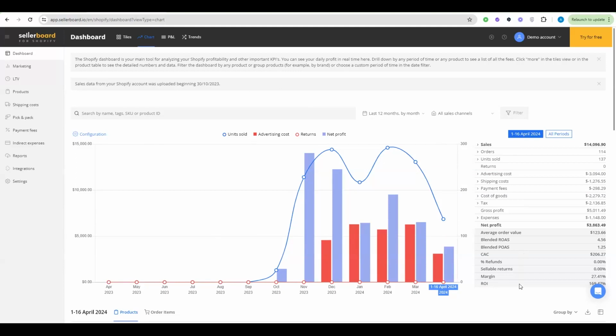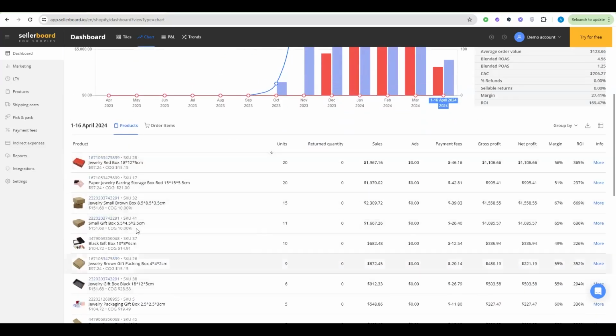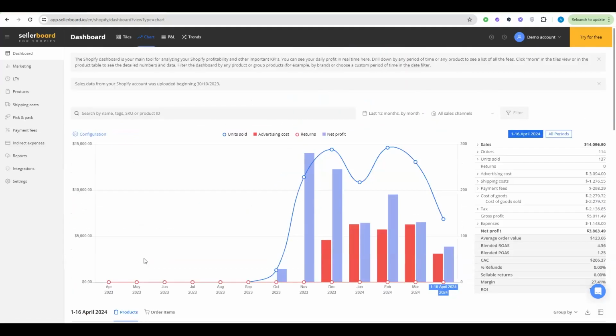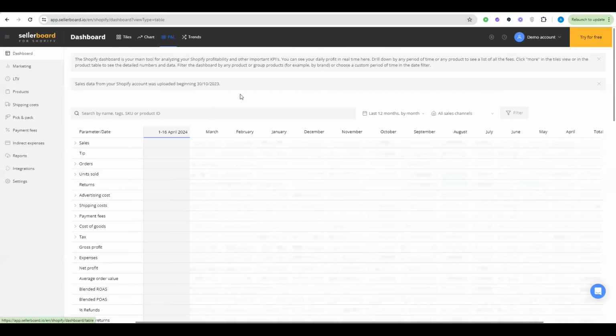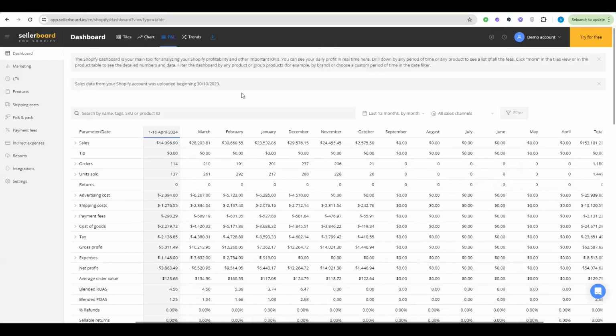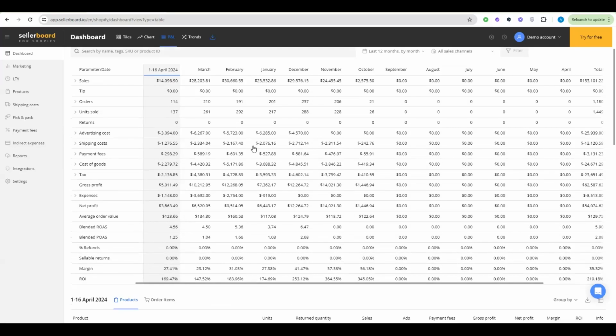The same applies as the details on the tiles page. You will also have the details with the ability to expand every tab here on the right, just to analyze this particular period on an account level. And the products sold in that period selected, you will have underneath exactly the same as in the tiles view. So switching to the profit and loss view, this is basically a bird's eye view on your account, giving you an option to analyze how your main KPIs evolved over time.